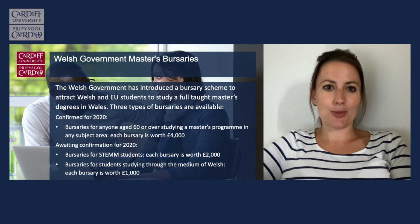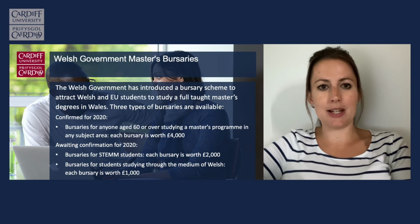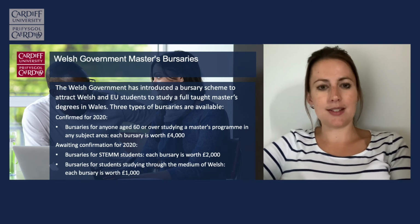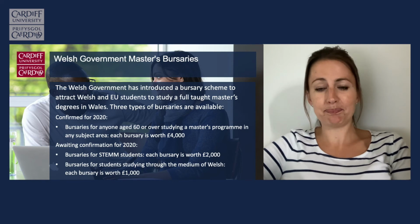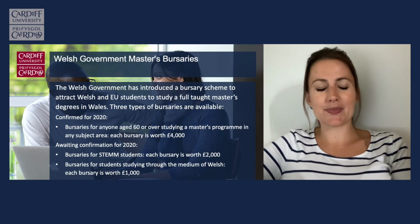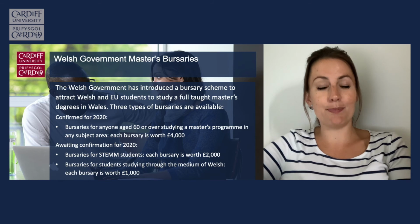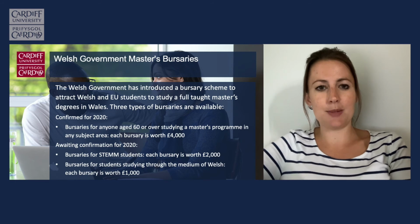There are also 2 additional bursaries which we are waiting for confirmation from the Welsh Government that they'll be available for this year. The first of these is a bursary of £2,000 for STEM students. So if you are looking to undertake a master's programme in science, technology, engineering, maths or medicine, then there might be a bursary of £2,000 available to you if you're a Welsh student. And then secondly, there potentially may be bursaries available of £1,000 for anybody looking to study through the